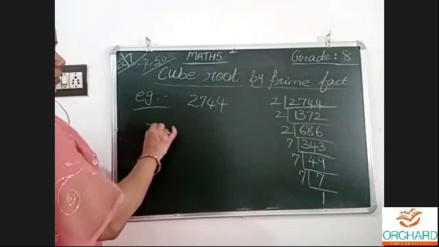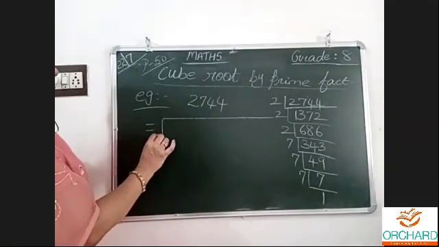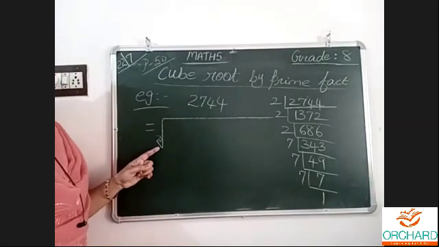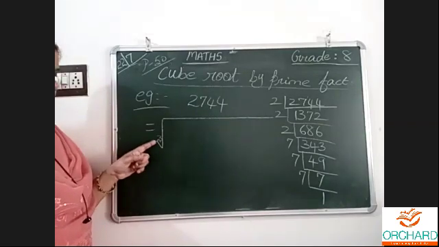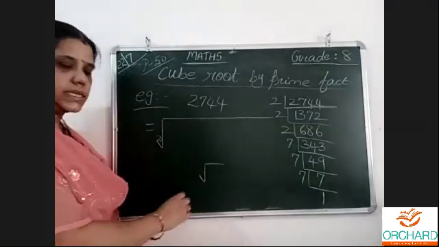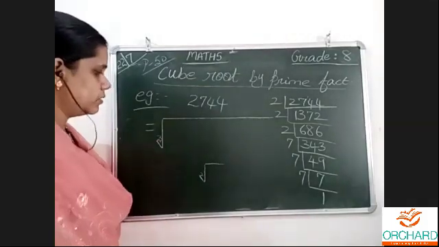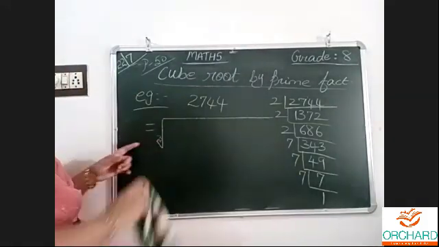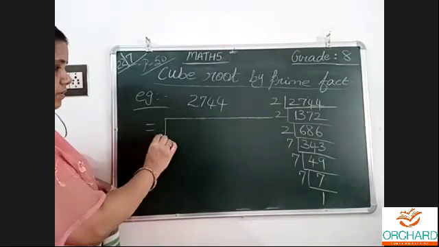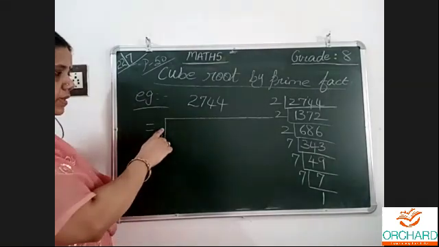When I say cube root, you have to draw the root sign like this and write 3 here. This is called cube root. Here we have to mention it is 3. Simply when we write it, it is square root. It is understood, like here 2 is implied. If we write 3, it is called cube root. So here I will mention it nicely. Here there is no place. 3. It's visible now, no? Okay.